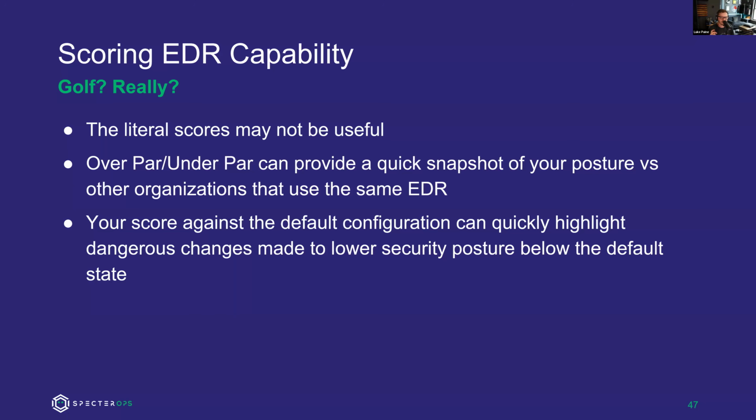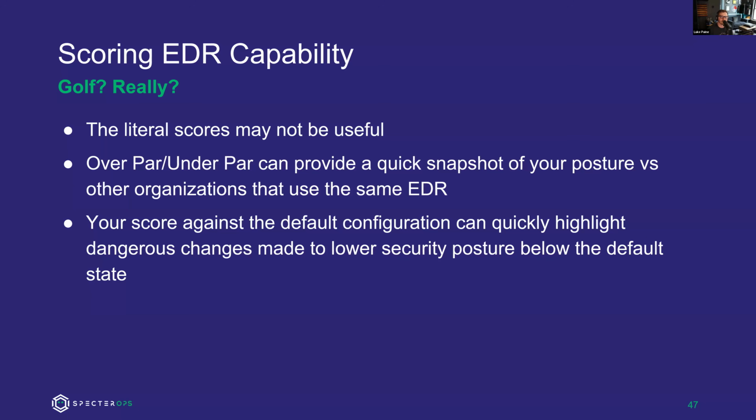So I know that golf is kind of a weird thing to use, but I felt like it explained it correctly. Believe it or not, I saw a TikTok that explained the handicaps that way and gave me the thought. But my theory is that the literal scores of X number of test cases out of X number of total test cases is likely not that useful. And using this over par, under par methodology versus you and versus other customers and versus the EDR could just give you a quick snapshot of your posture, like a thumbs up, thumbs down,